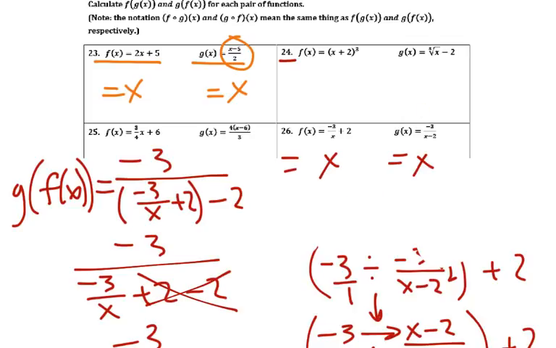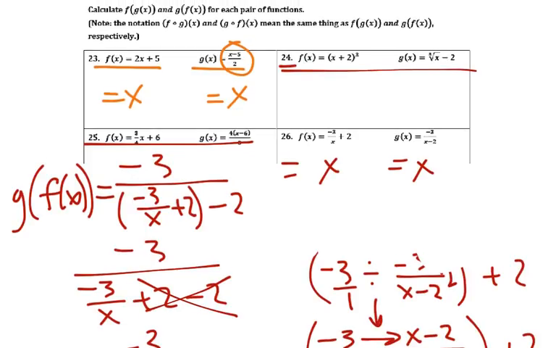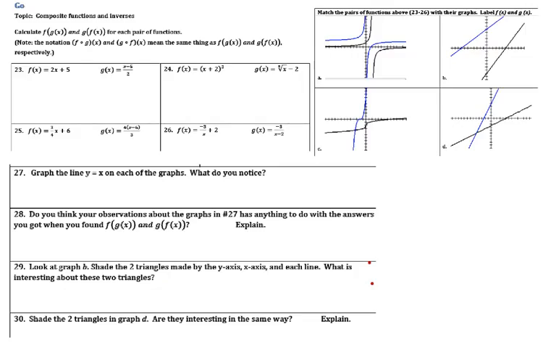Okay, that's the pattern you should be seeing in all of these. I'll let you do 24 and 25 on your own and try to come up so they get to be just x. Okay, so we found out that all of those equal x, right? When we plug them into each other. Okay. Now,